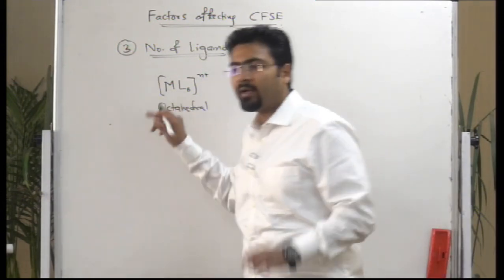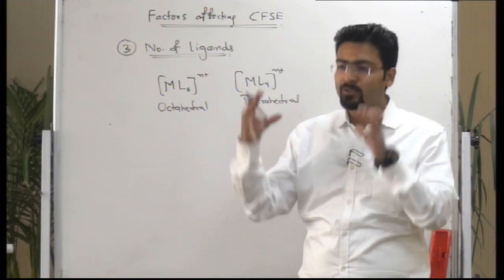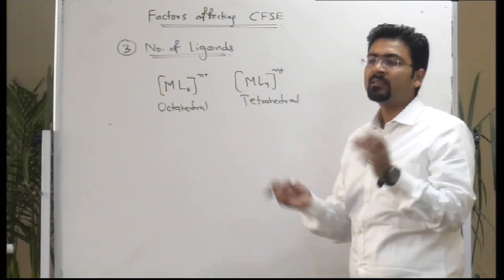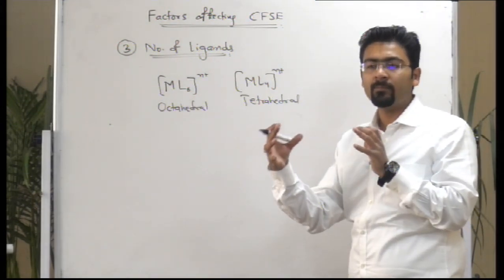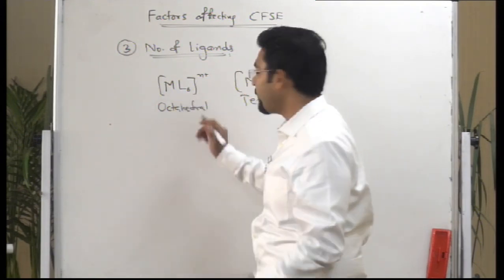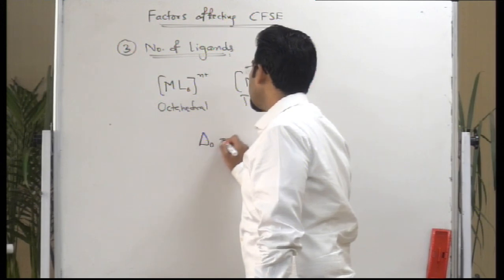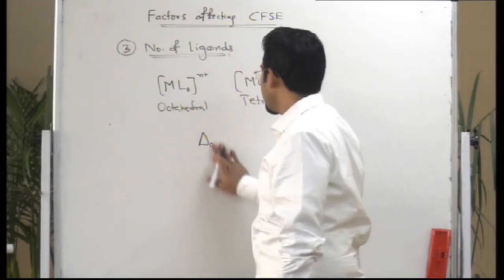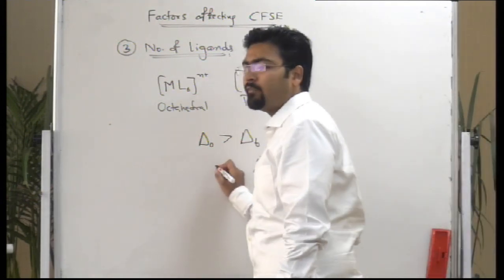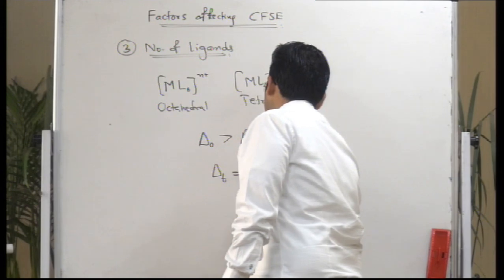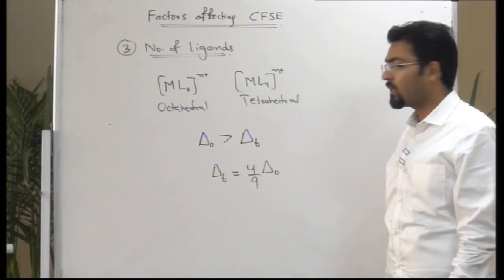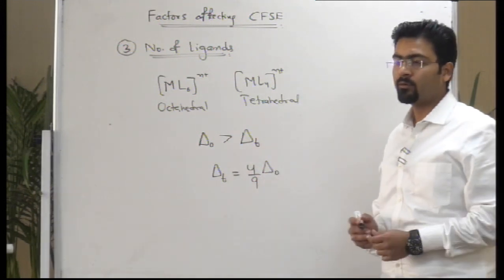Now as this same metal ion is surrounded by 6 ligands, so interaction will be stronger and the energy gap will be higher. And the same metal ion is surrounded by same 4 ligands. Since there are lesser number of ligands, so interaction will be relatively weaker, energy gap will be weaker. So remember this thing as another important fact, that delta O is much more than that of delta T for identical situations. In fact, if I just want to quantify it, so delta T is 4 by 9 times of delta O,